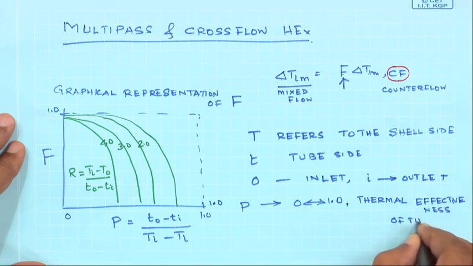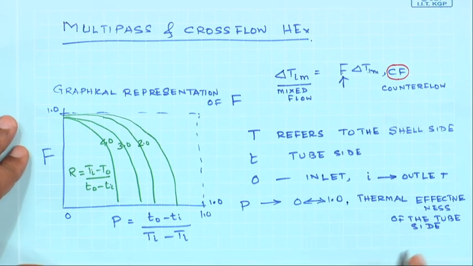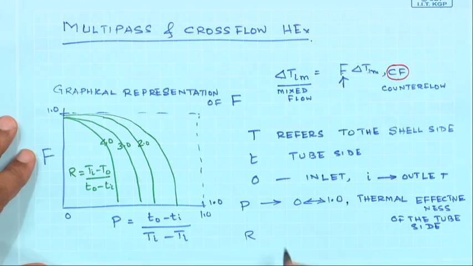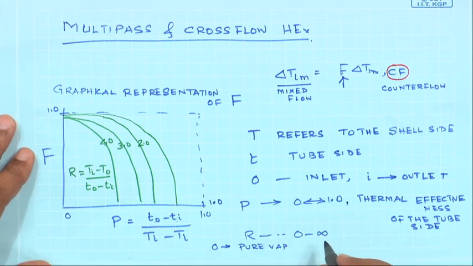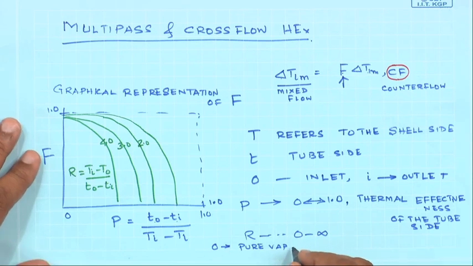Of the tube side fluid, and R ranges from 0 to infinity. 0 corresponds to pure vapor. So, if it is a pure vapor, then you can see that T 0 is going to be equal to T I. So, it is a pure vapor, or it's a condensation